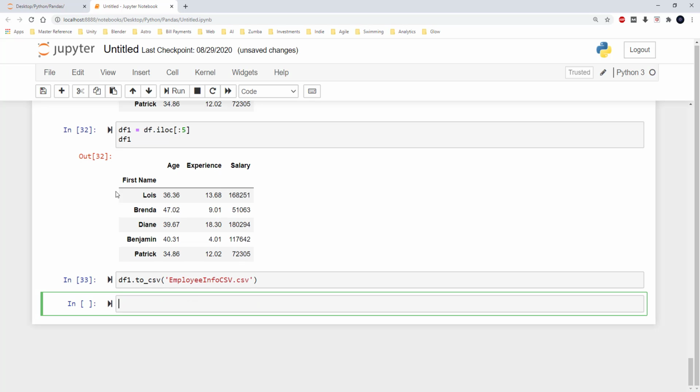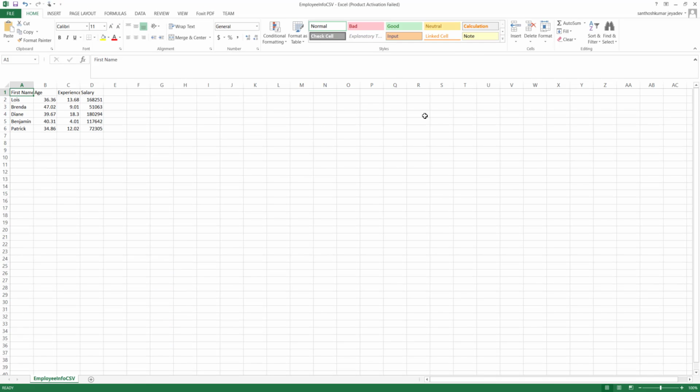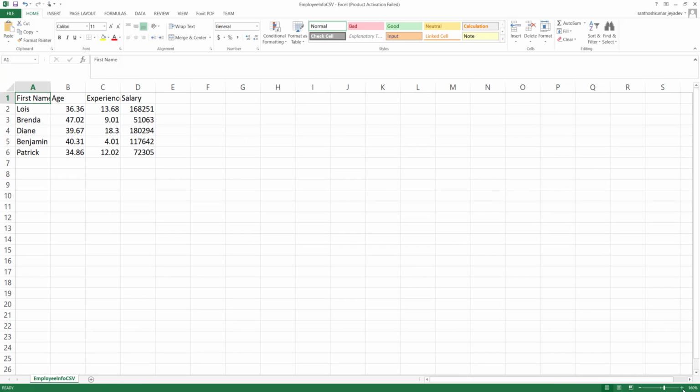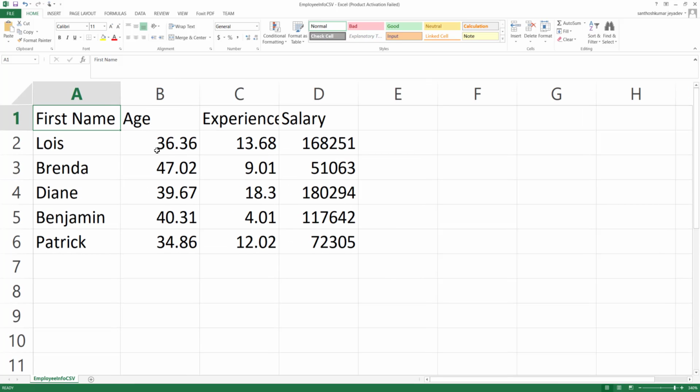I am executing this. This has run. I am going back to the folder, and I can see employee info CSV is now created. Let me just open this up. Yeah, so it has opened, and here I can see the name on the top, employee info CSV, and I can also see that it is having only the first 5 rows that we have selected in data frame 1. I'll just minimize it for better readability. So now you can see that the first set of rows that we have selected from the .xls format is now stored into the CSV format in a different file.